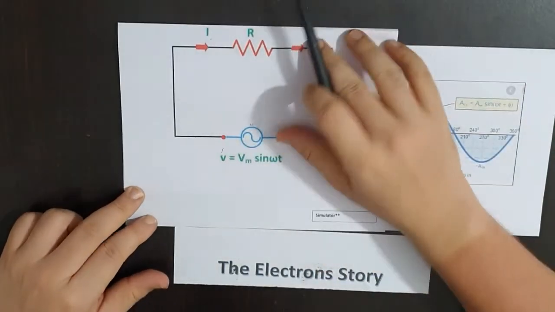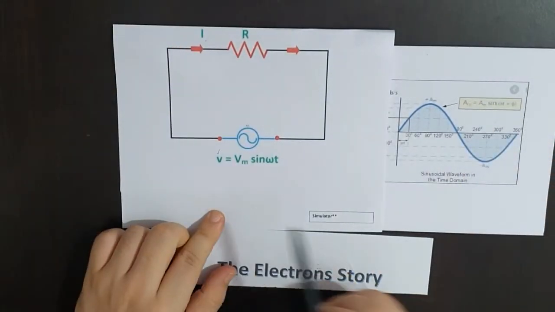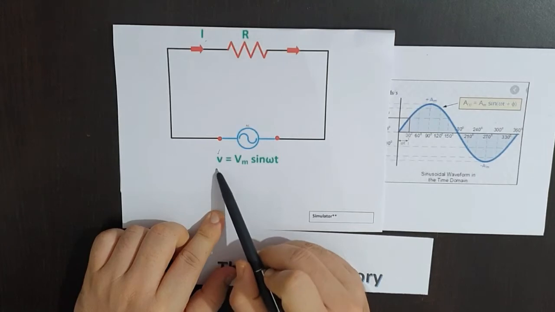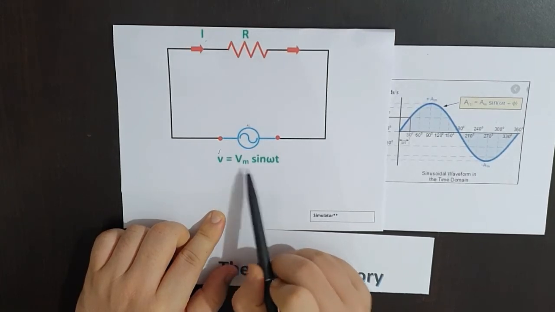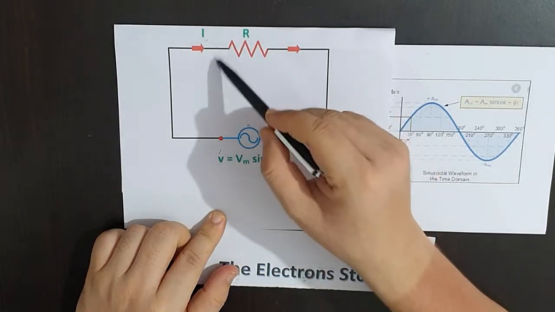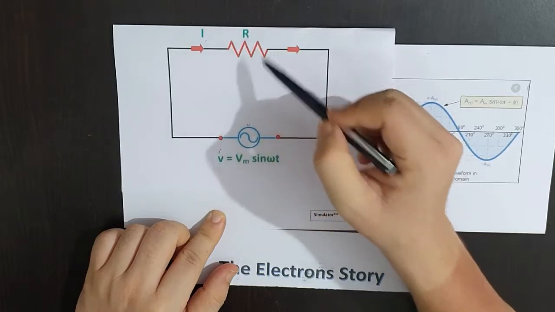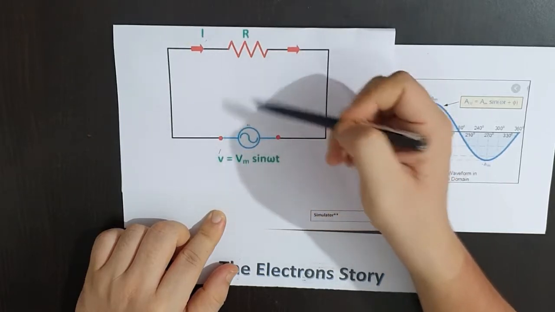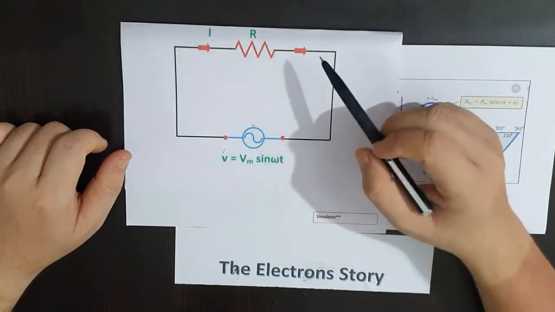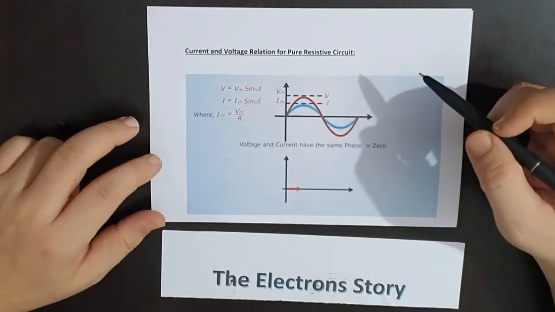Now let's take an example of a resistor connected to an AC circuit. This is Vm sine omega t. I told you that v is the instantaneous voltage, Vm is the maximum voltage, and this is the wave that comes up. This is the resistor connected in the circuit, and we will study how the circuit behaves when a resistor is connected. We'll then study the capacitor and then the RC circuit.